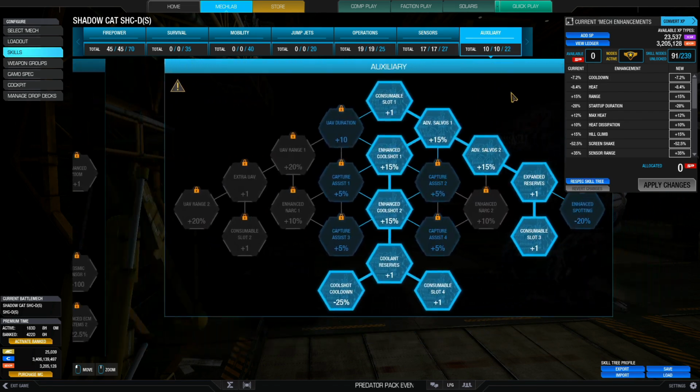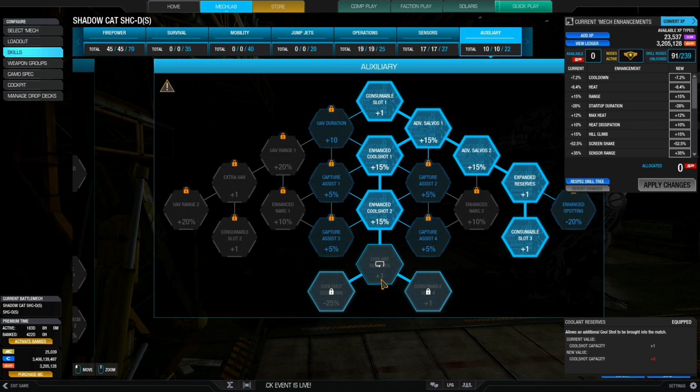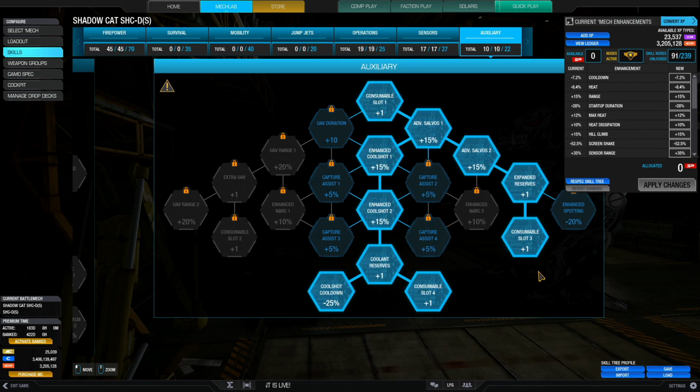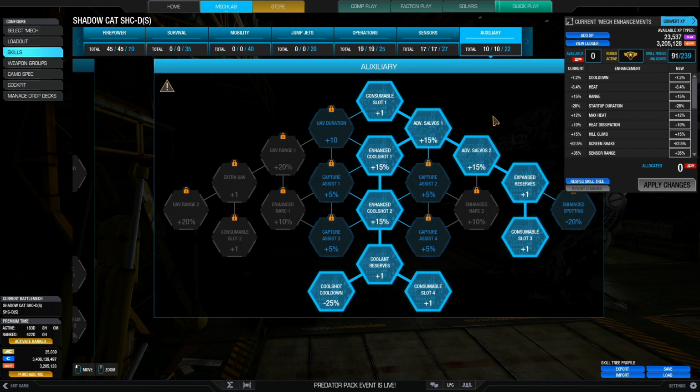And finally, for auxiliary 3, I have 10 nodes for the cool shots, 2 enhanced cool shots with the cool shot cooldown, so I can fire the second one 25% faster. Yet again, if you're going for hot builds like this kind of build, go through the center for the cool shots. And of course, 2 strikes, allowing me to drop strikes to do damage and to distract the enemy as and